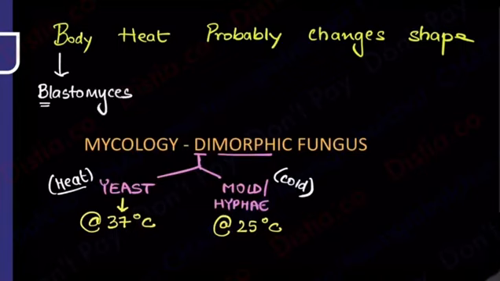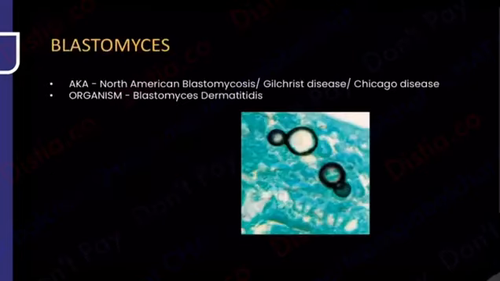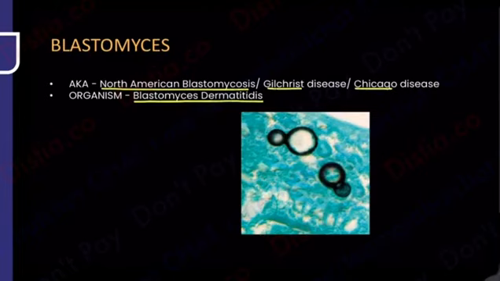So blastomyces or blastomycosis, that is going to be the B, and let me show you the classical photo. You see it once, you're never going to forget it. So remember, when I say blastomyces or blastomycosis, it is caused by the same organism, that is Blastomyces dermatitidis. That is the name of the organism. Second, what you have to know over here is it is also known as North American blastomycosis or Chicago and Gilchrist disease. See, if I'm saying something is a North American blastomycosis, there is going to be a South American blastomycosis,